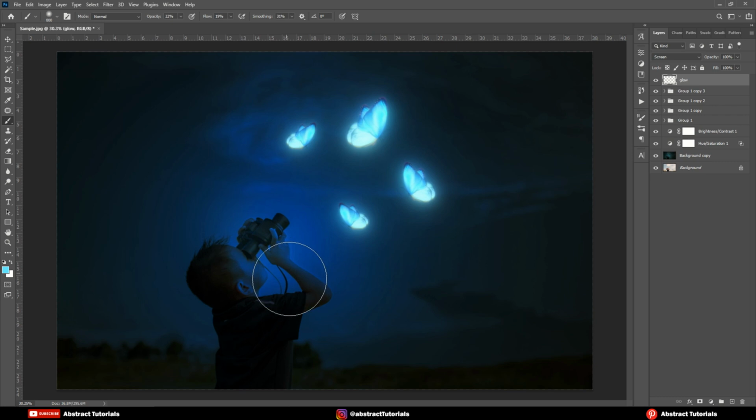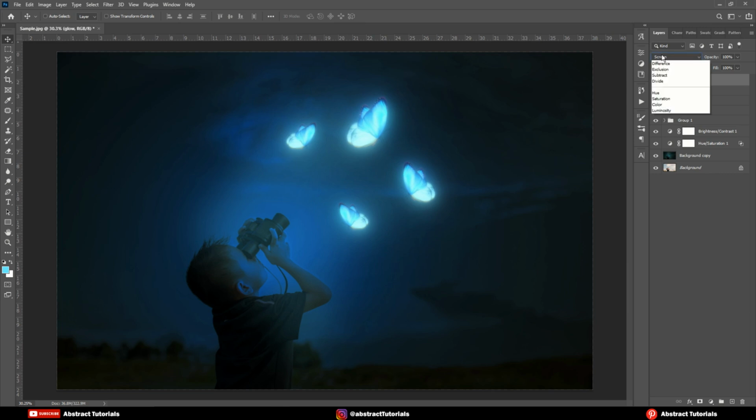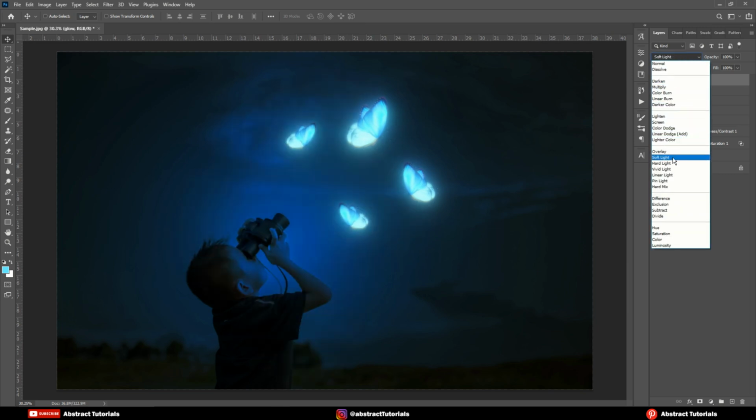Start painting like this. Now, change the blending mode to color.